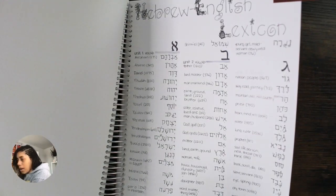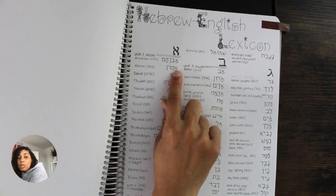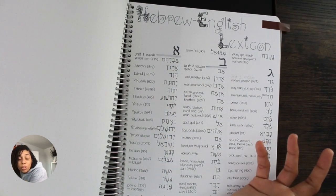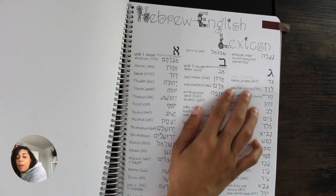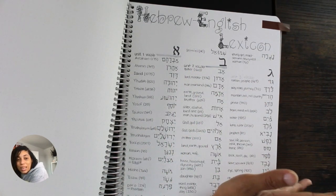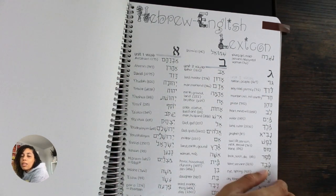So I had already made this aleph, which is the first letter. And so then I just started, I was like, you know what? It's going to be A, B, C, like how you number things in an outline. So that's why I have the big Hebrew letters that don't really mean anything. This is actually Unit 1, Unit 2, Unit 3. And so I plan to just go through